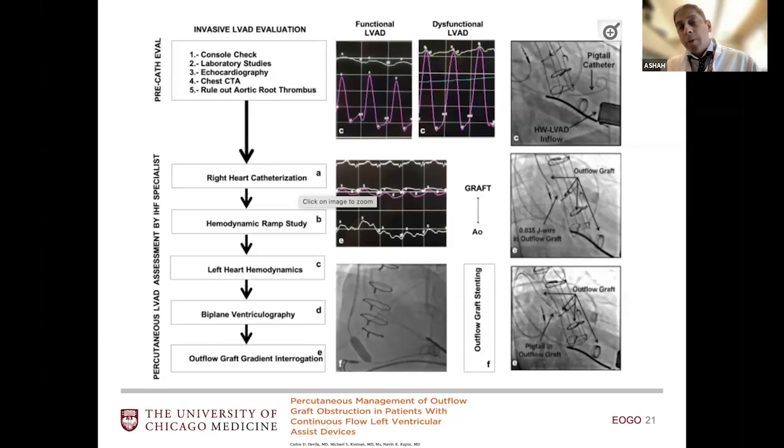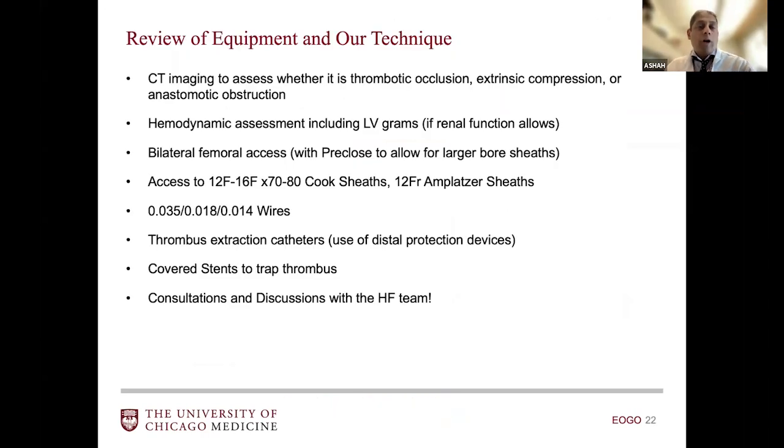If it's thrombus, think about thrombus extraction or a covered stent. If it's an anastomotic lesion or it's a kink, you can think about putting a Palmaz stent in there that's ballooned up for that radial strength. So, review of our equipment and technique: we definitely want CT imaging to assess whether it's thrombotic, extrinsic compression, or anastomotic obstruction. We definitely want hemodynamic assessment, including LV grams if renal function allows. Bifemoral access with a pre-closed technique for larger bore sheaths